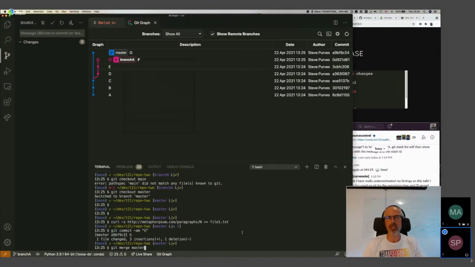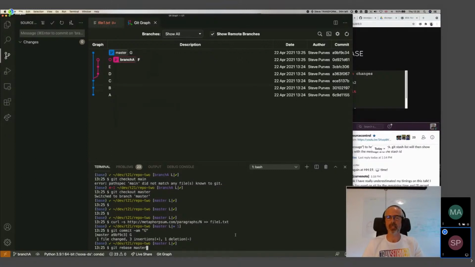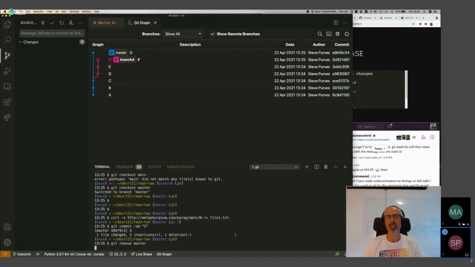A better way to do it is to say rebase master here from the command line. Or you can do it from here. If you click master on here, you can say rebase the current branch onto branch master. I always do it on the command line. Rebase is something I like to do on the command line because if things go wrong, you need to be on the command line to deal with it. So if I do a git rebase master,